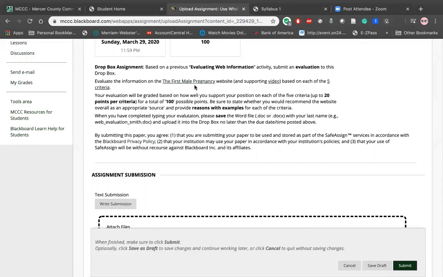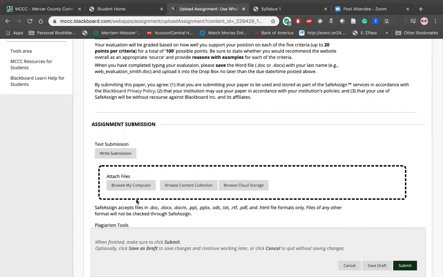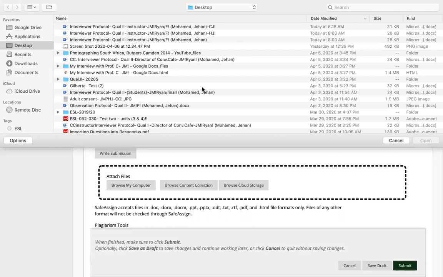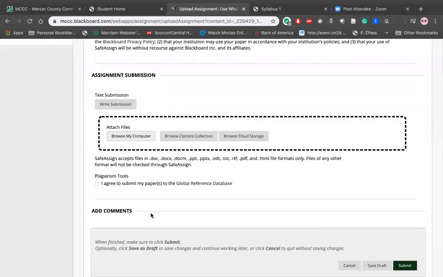project, and you need to support your project or design your project by adding videos or other elements to your work. So you would basically write submission. My recommendation is to write your paper outside in Blackboard again, and then you basically browse the computer and look for your paper and your homework, and then submit and attach to your assignment, and then you agree to submit